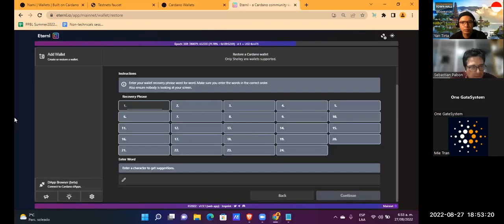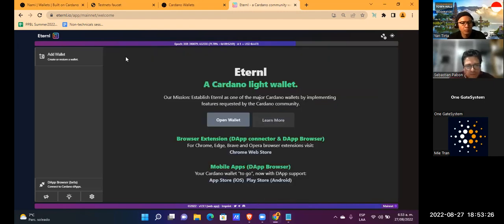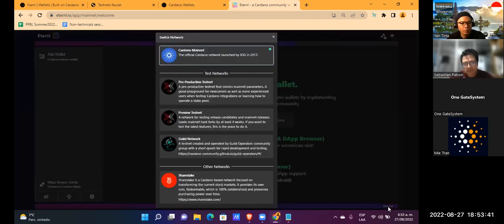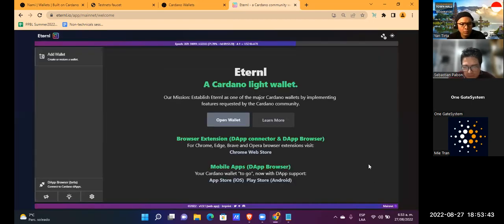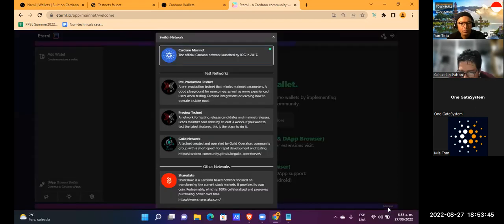Wait, I have to explain one thing. When you start, this is the initial view of the Eternl wallet in this case. We can see here mainnet, and we don't need mainnet, we need testnet. So when we click here, we can see